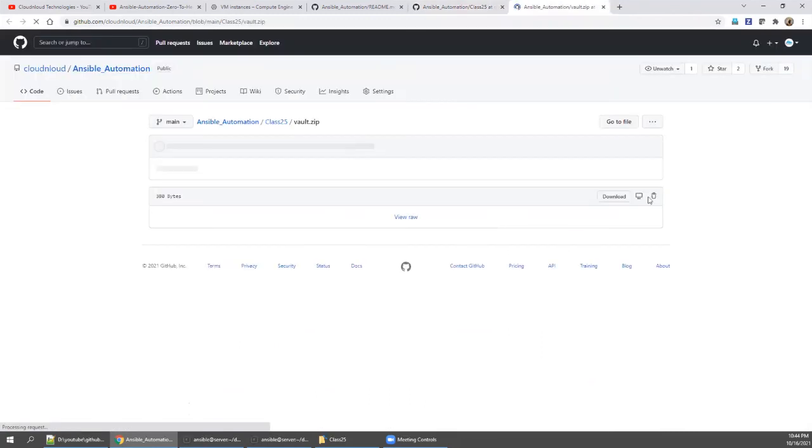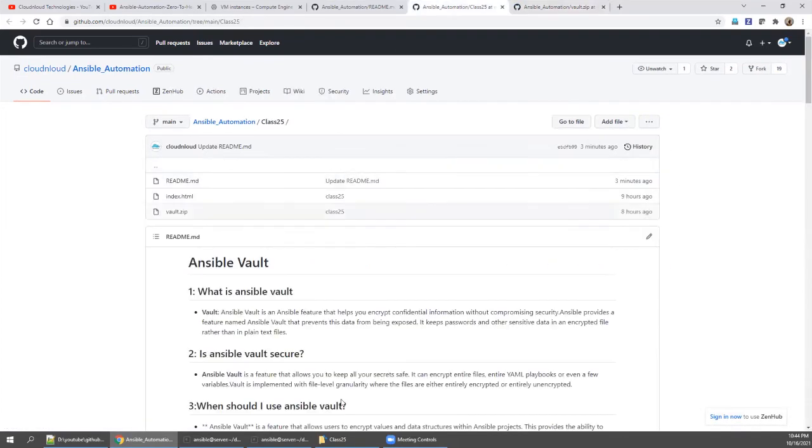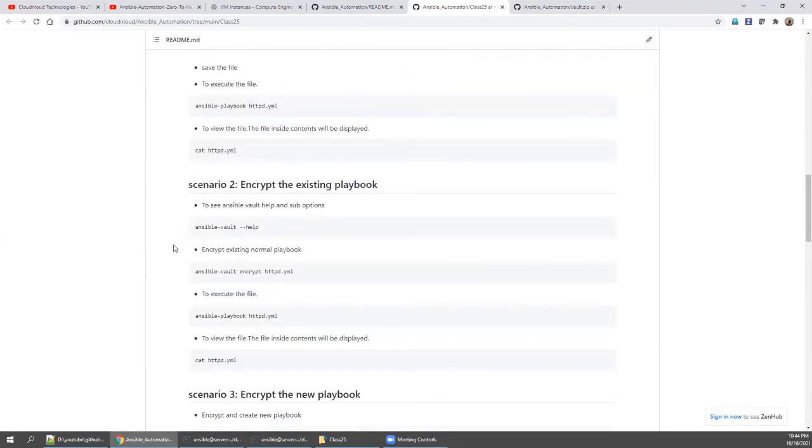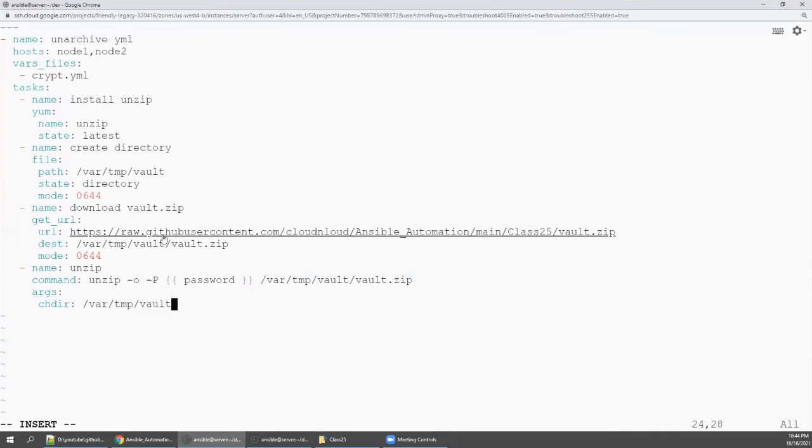Go to vault.zip, and then you can create the permanent link. There is a raw link. You need to always use it whenever you want to download any file. Using this link, you download it. Otherwise, if you don't use the raw link, it will be downloaded as an HTML, which is not a zip file, and you will end up with an error.